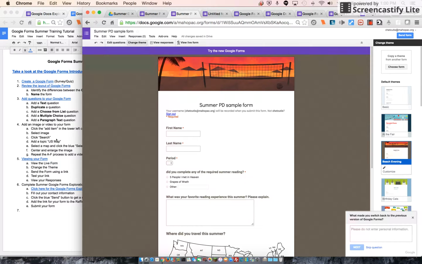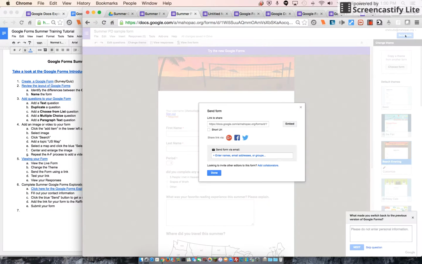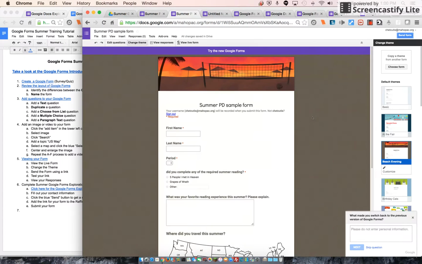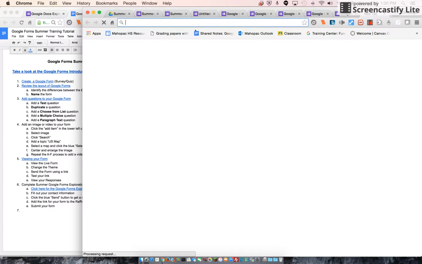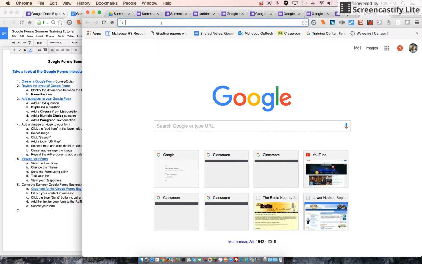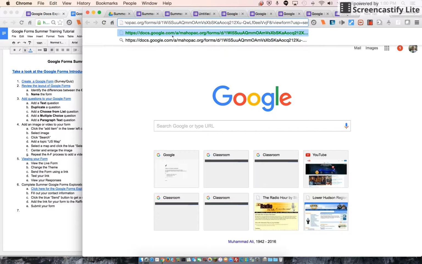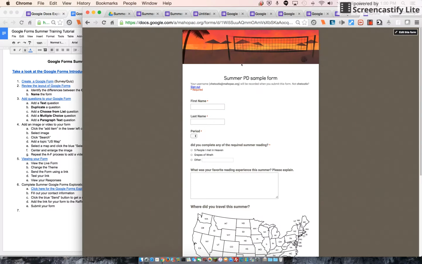So the next thing we're going to do is we're going to get the link for this form. So we're going to click Send Form, and we're going to copy it. Then we're going to test our link by going to another blank tab. We're going to paste it in and hit enter, and what do you know? The link works. So if I put in my name,